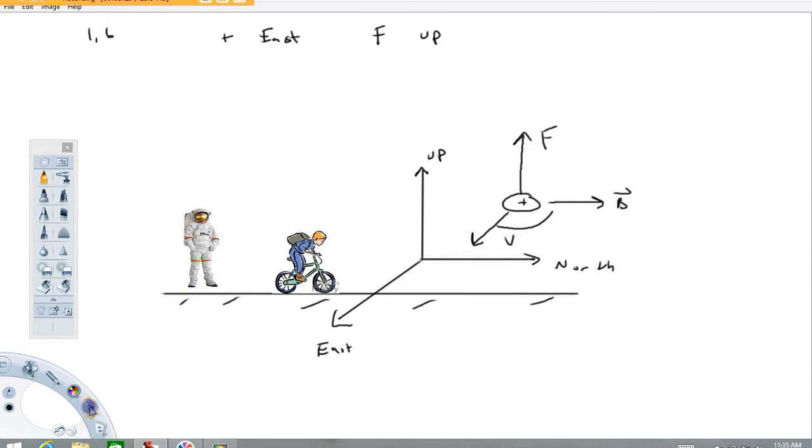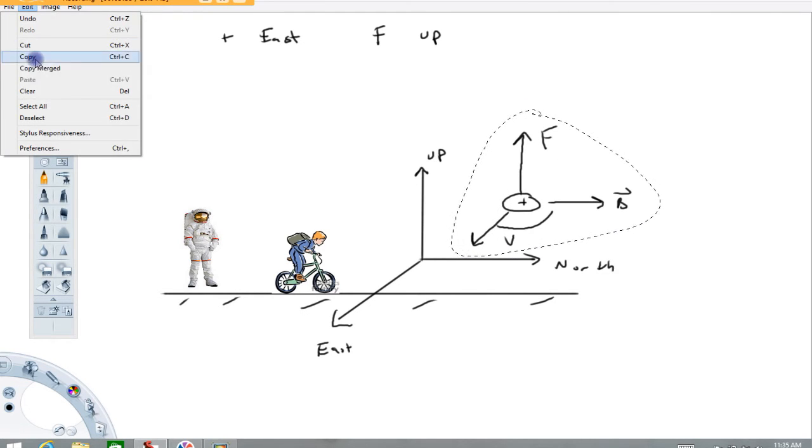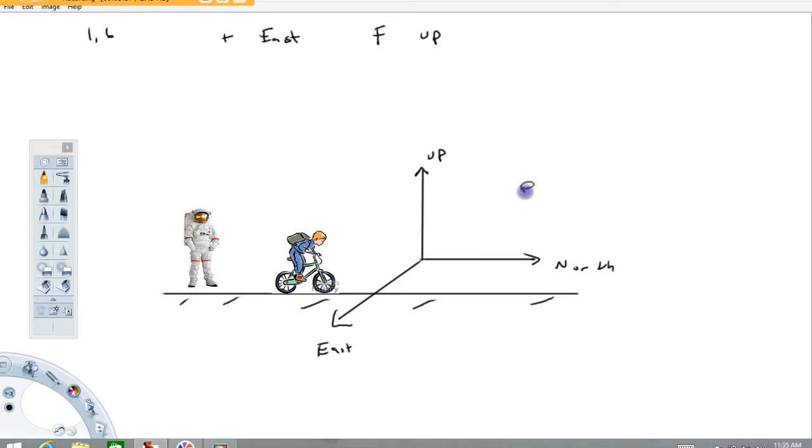I'll go through another example. All right, so let's imagine that we have a positively charged particle fired up. So in this picture, the velocity vector would be this way. And again, this vector represents the speed and direction that this particle is moving in. This arrow over it means that it's a vector quantity. The magnetic field at this location still points north. Remember that the magnetic field is defined as the direction that a compass points. So this arrow is basically giving the direction that a compass would point, which would be due north